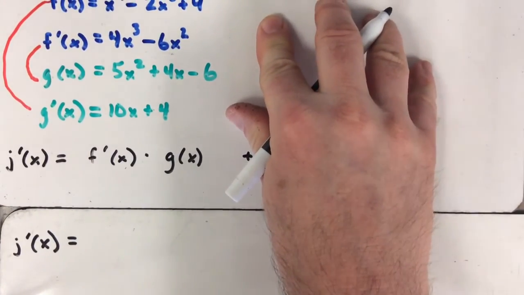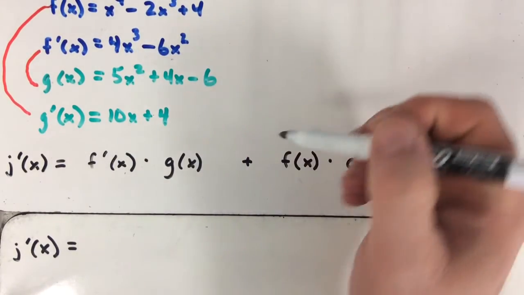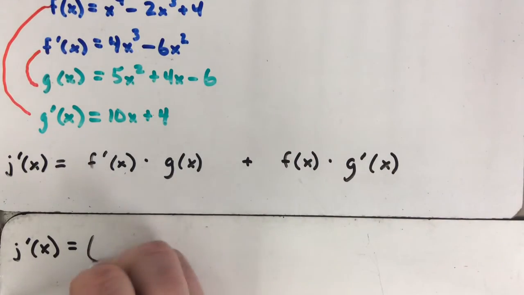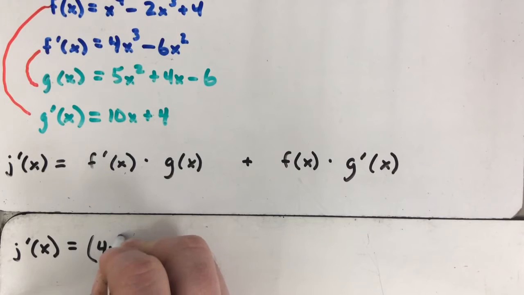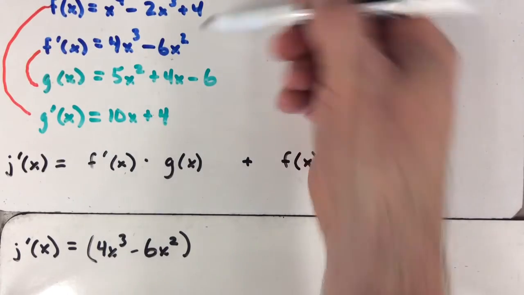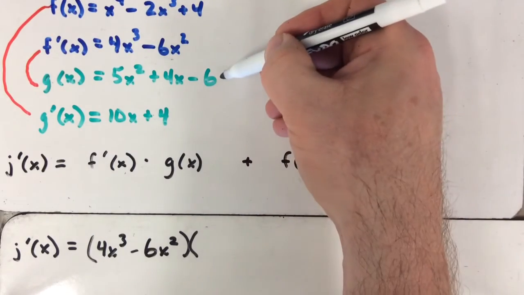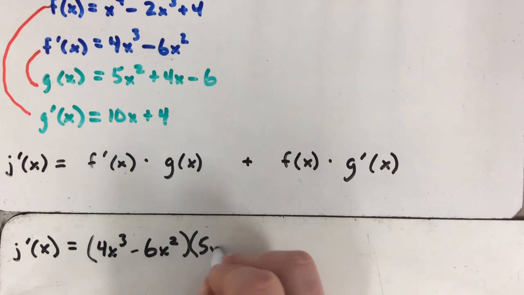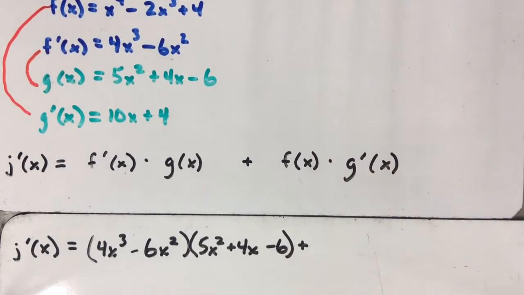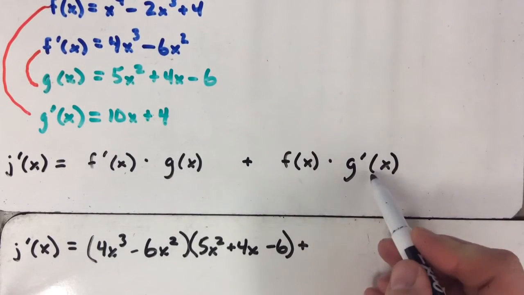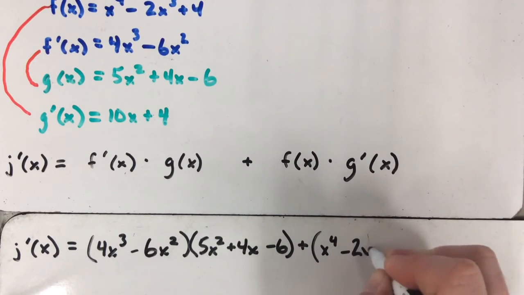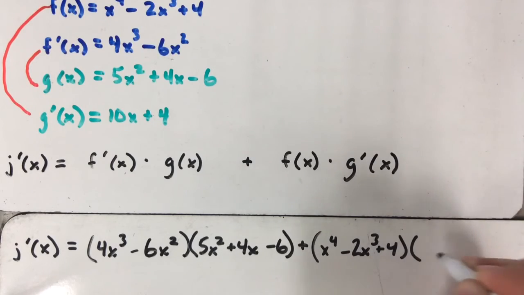Taking a look at what we have up here at the top with our 4 different values, we have f prime of x times g of x. That's going to be these two. So I'm just going to copy those down and put them in parentheses. So 4x cubed minus 6x squared, that's our f prime of x, times g of x, that's this one here in green. So that is 5x squared plus 4x minus 6. And then we have our addition symbol. Then we have f of x and g prime of x. So those are the outside ones. So that's going to be x to the fourth minus 2x cubed plus 4 times